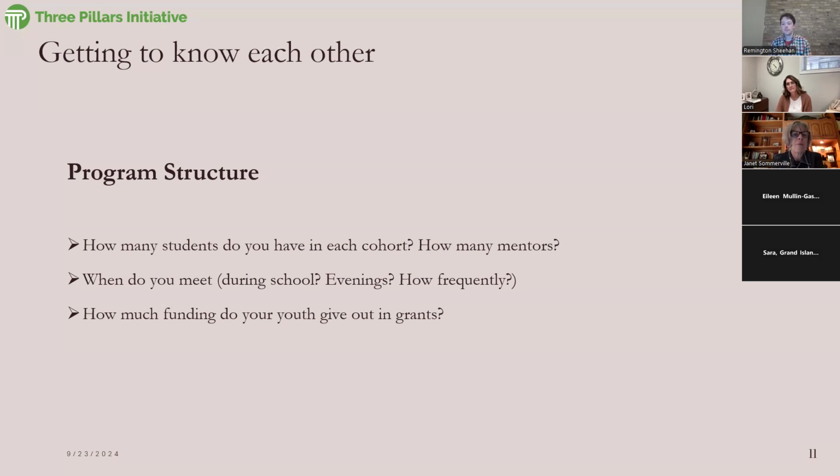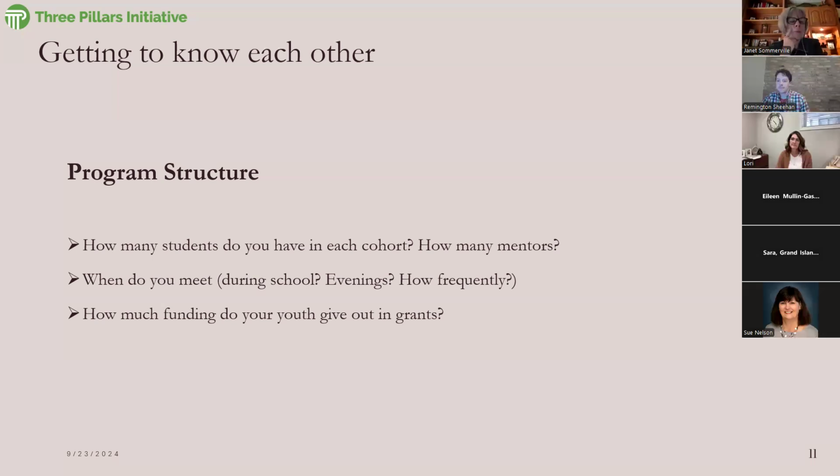And we have 5 mentors for each program. So 10 altogether. And I actually have a floater mentor, filling in for when others can't be there. And hopefully then she can become a mentor next year. We meet on Wednesday nights at the North Central College because our students also get college credit. So they do meet for 3 hours. We meet from 5:30 to 8:30.